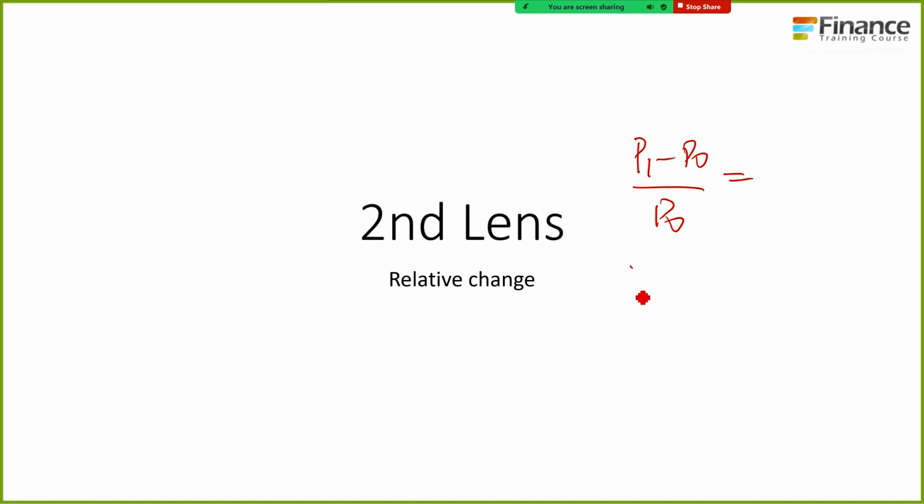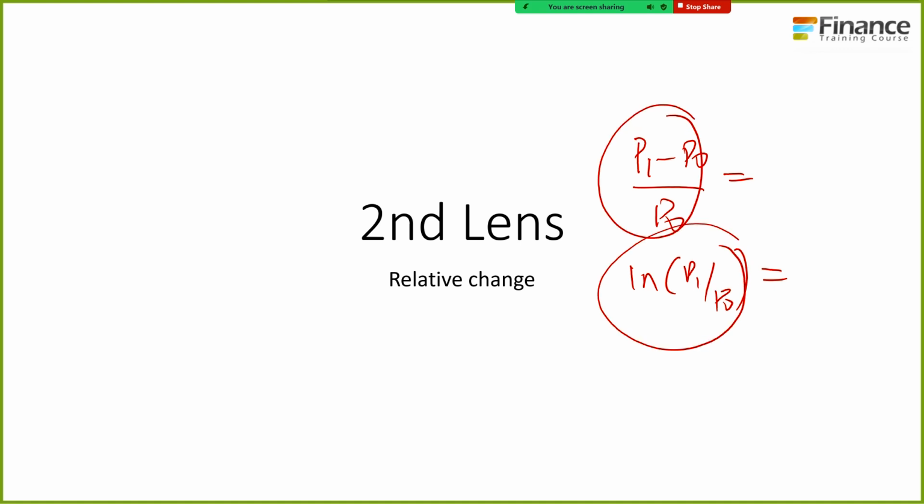My favorite variation is ln P1 over P0 because that's easier to calculate and that's one less operation. You can use either of these. The numbers are more or less equivalent or nearby as long as the change that you're calculating is relatively small. For larger changes, I think you'll find that the results will diverge from here and here. When I calculate